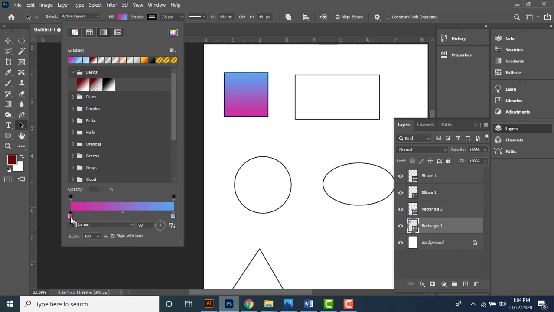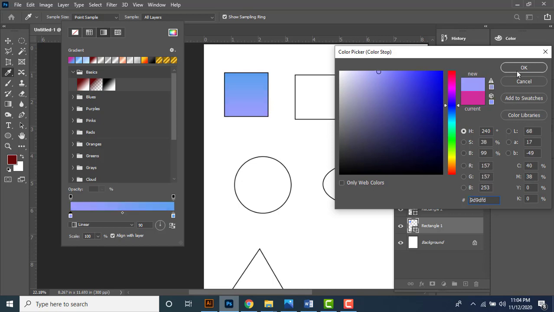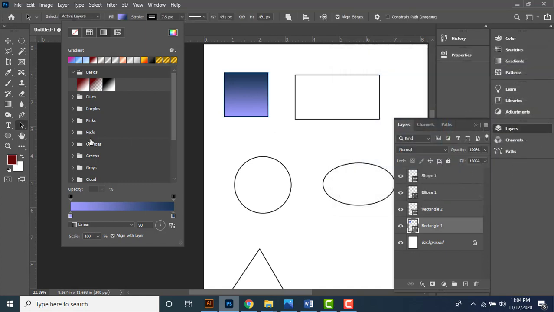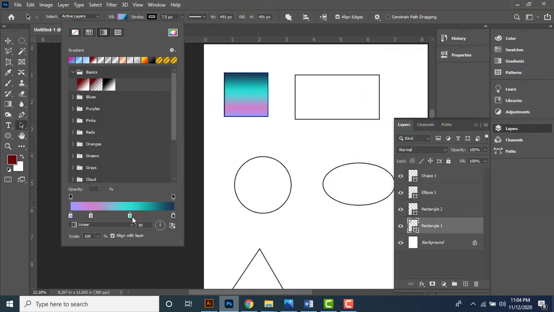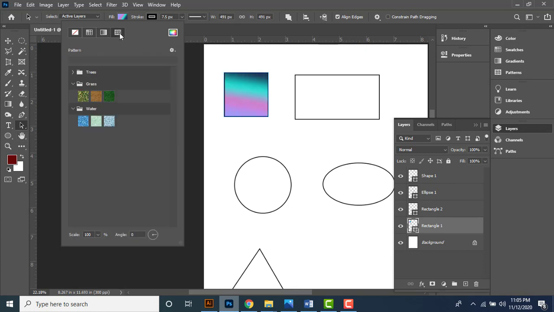So if I double click a color stop, I can change the color from the picker, and also I can add more color stops and customize the colors. Okay. Also guys, I can set the opacity of the gradient from here. So first you have to select the opacity stop and change the opacity value from here, right? And as well you can try these options and see what you can do. Also if I click these options, I can play with pattern fills as well,